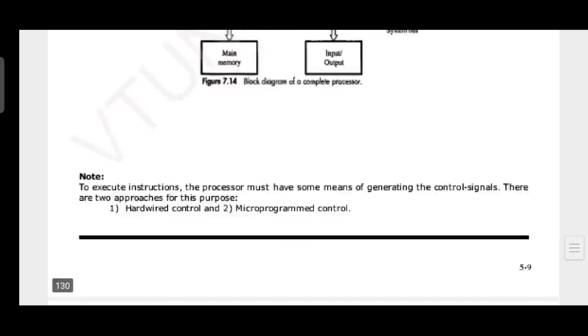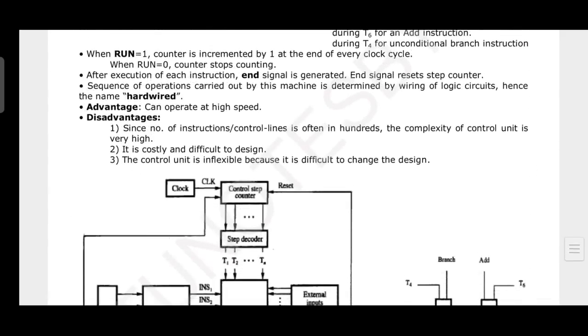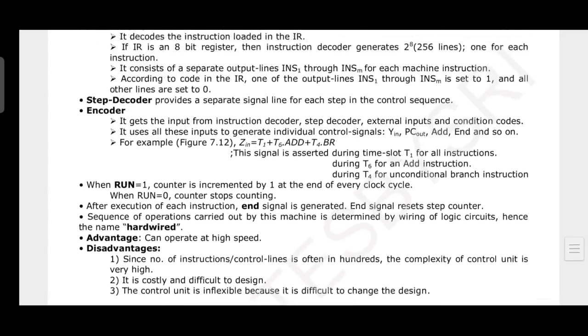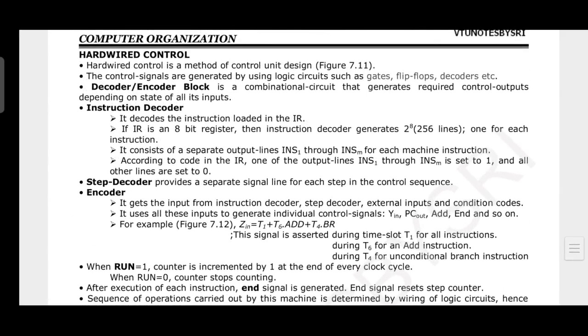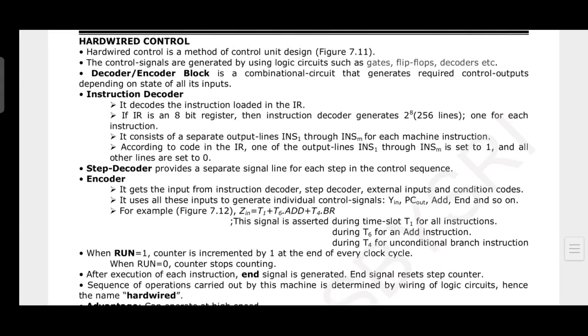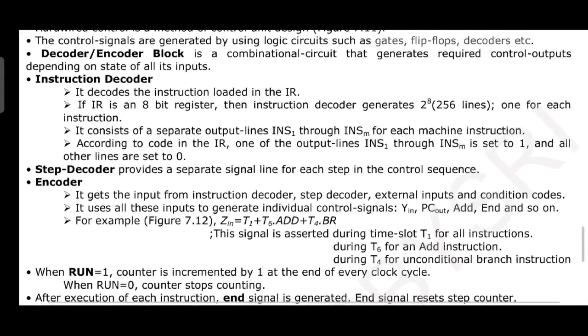Okay, very simple thing. Then we have hardwired control and microprogrammed control. So what is hardwired control? Why is it required? Hardwired or microprogrammed control, the question comes, right? So far we have discussed control signals like Z out, PC in, MDR out, IR in, then R1 out, R3 in, such types of control signals. How to generate the control signals at appropriate stages?